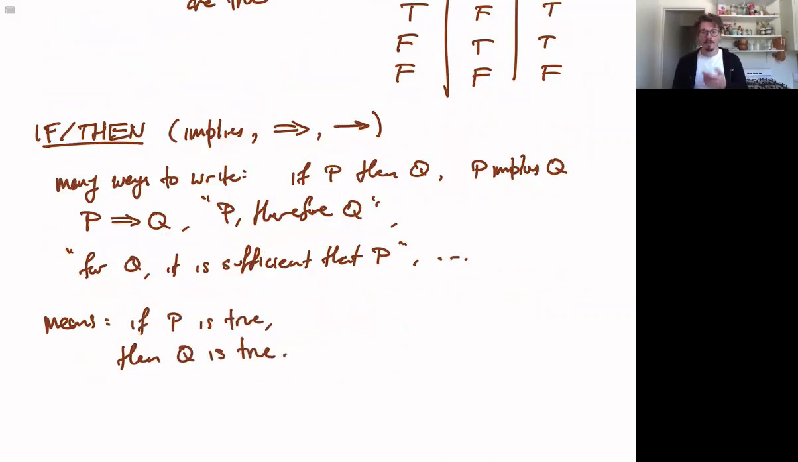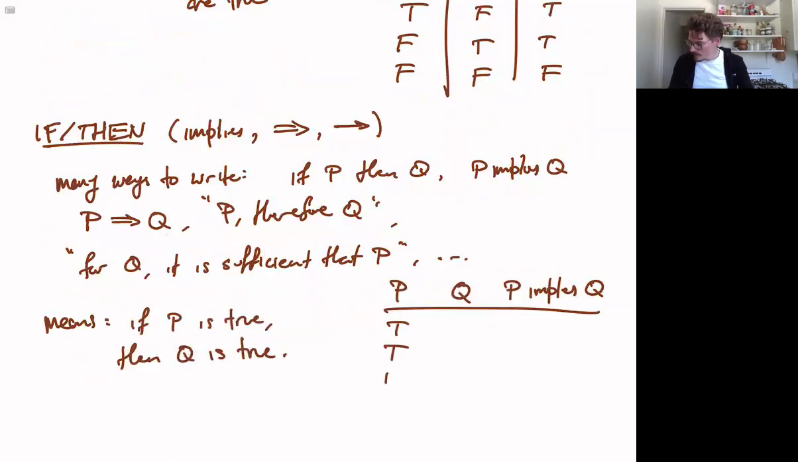But even this truth table is a little bit trickier to write down. So let's take a look at it. So we have P and Q, and P implies Q. And the reason it is tricky